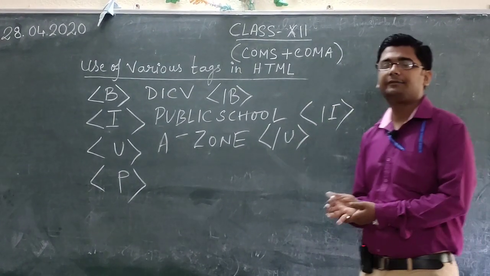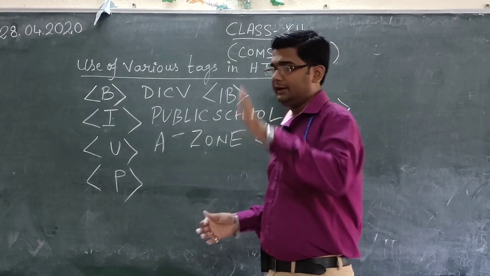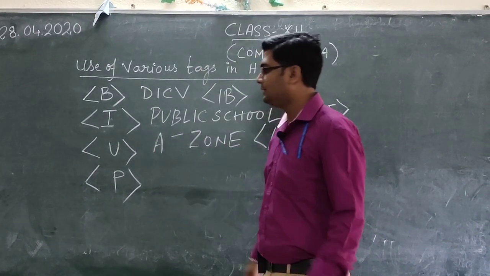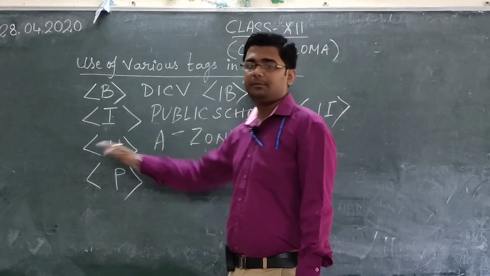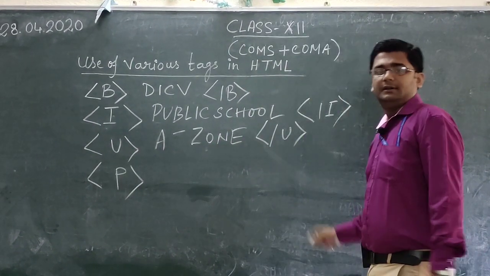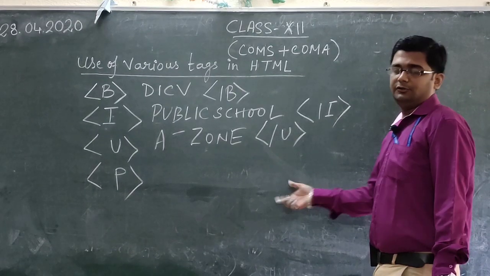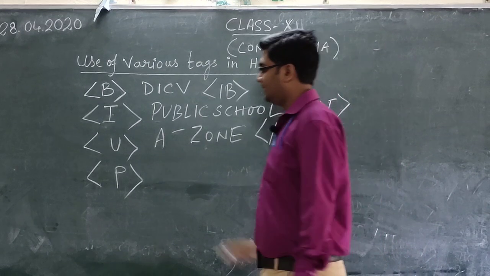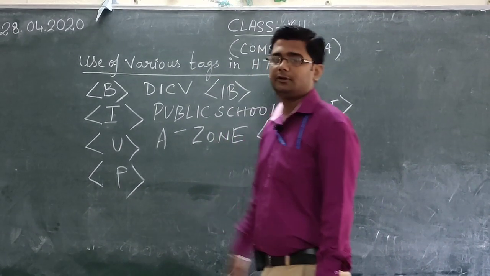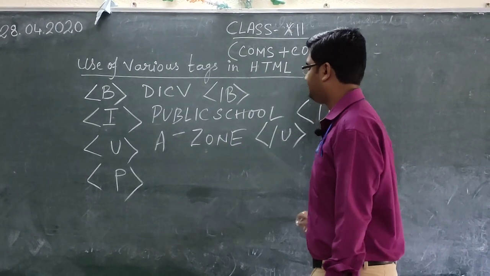It is called the paragraph tag. So suppose you are writing a group of sentences together and you want to make a paragraph, so you will have to put this P tag at the beginning and in the place where you want to change the paragraph, you have to put a slash P over there, and again you will start a P tag for assigning new paragraphs.